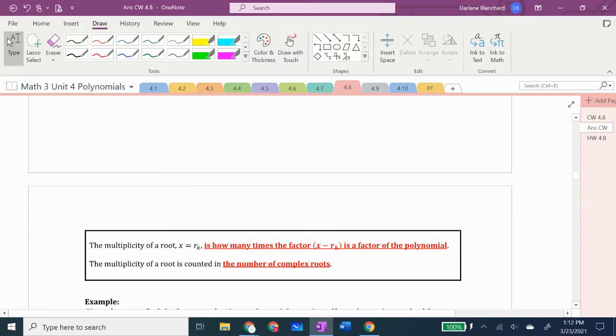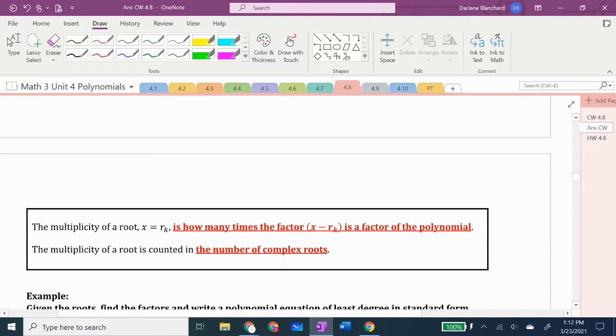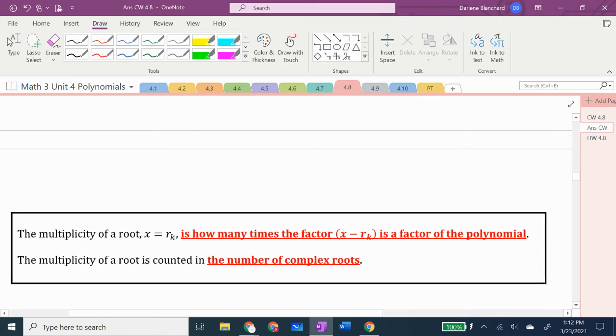Then, next, the multiplicity of a root, and this is expressing that the root it's speaking of is r sub k. The multiplicity of a root is how many times the factor x minus that root is a factor of the polynomial. The multiplicity of that root is counted within the number of